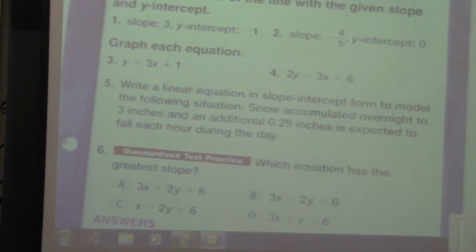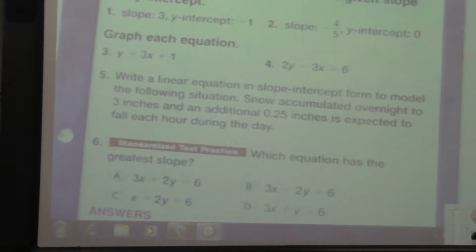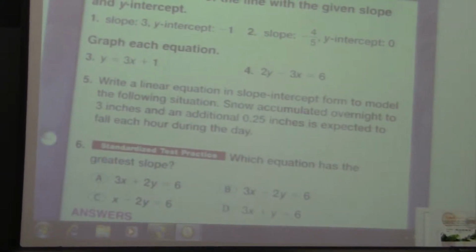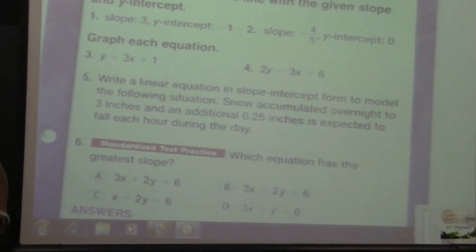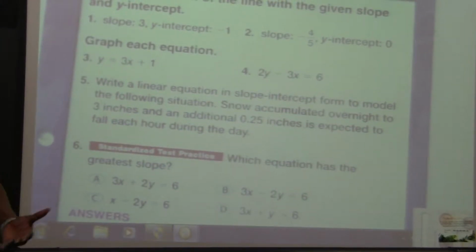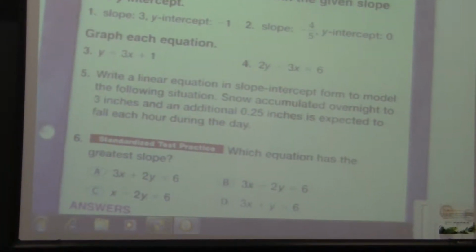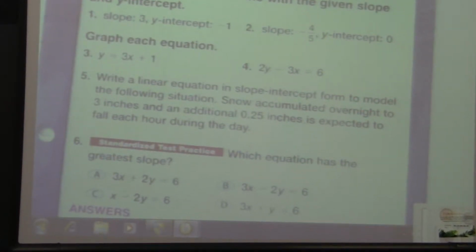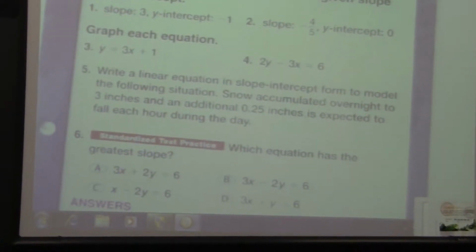There's a word in there that I just heard. The snow accumulated. What does accumulate mean? It means to add, right? Okay, that's my sign. Read on. Snow accumulated overnight to 3 inches and an additional 0.25 inches is expected to fall each hour